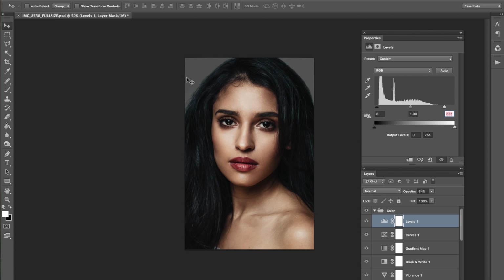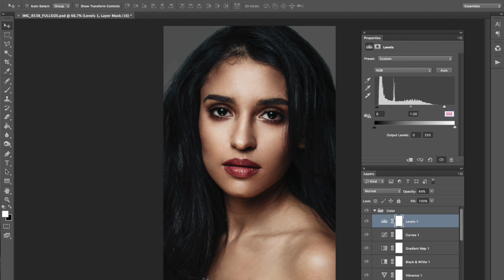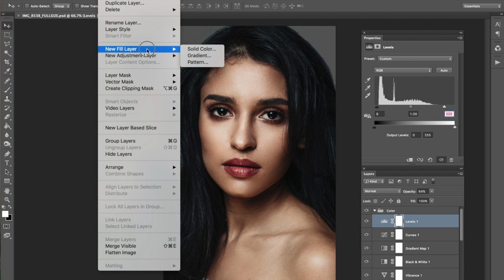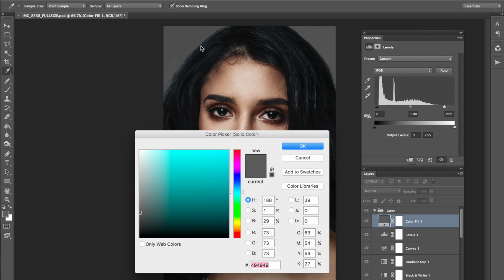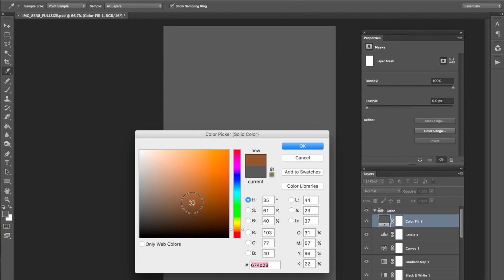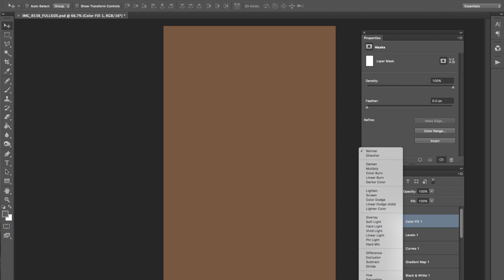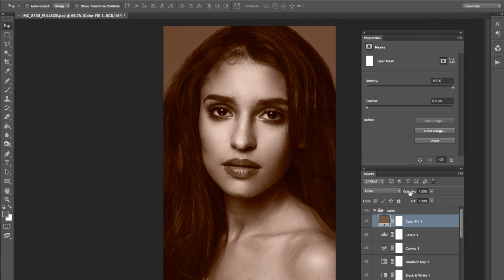And the last thing that I'm going to do, and you don't have to do this, but I like to add a color fill. So I'm going to go to layer, new fill layer, solid color, and use a brown color, and I'm going to go from normal to color. And this is literally going at the bottom, like 6%. Bye, Felicia. Very, very, very subtle